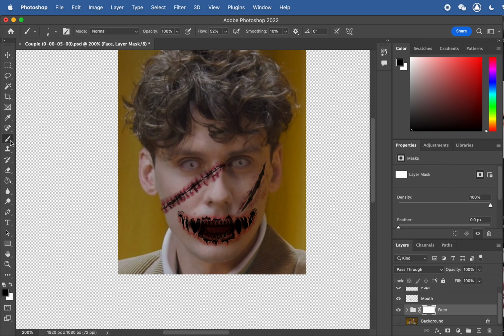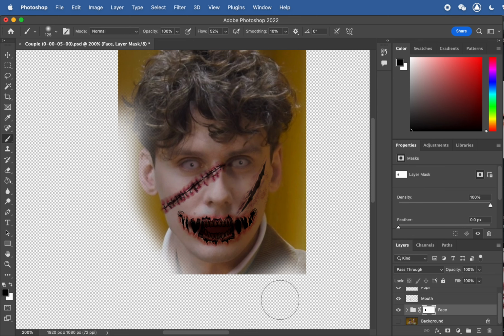So we're going to use the brush tool and hit D to reset the color. Then you can hit X to switch the black and white color. So for our front color, we're going to use pure black. You can increase the brush size and make sure you select the mask, and then just draw with the black color. So we're going to mask out the edges,